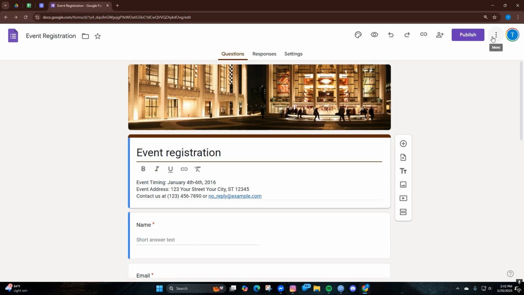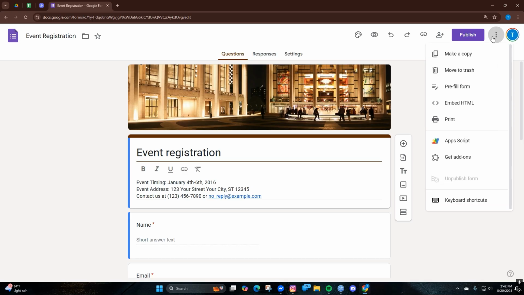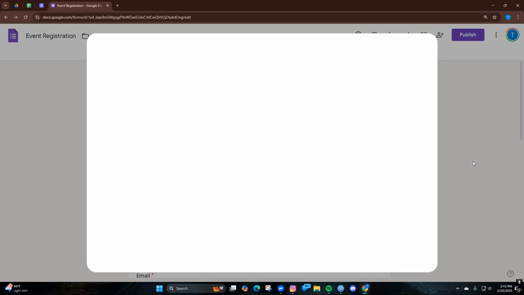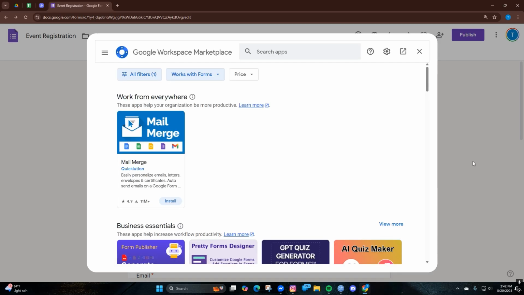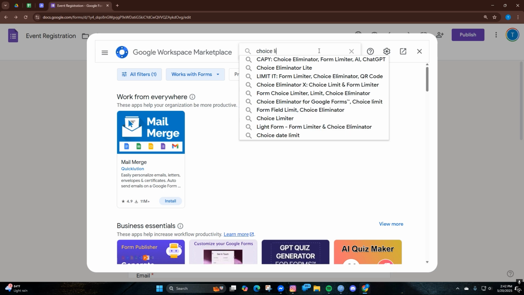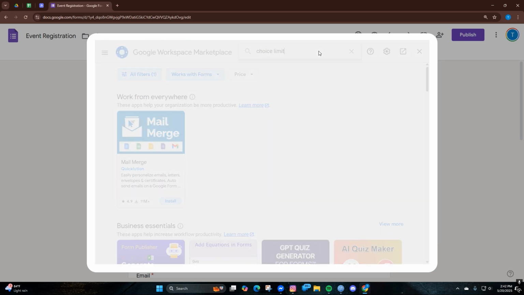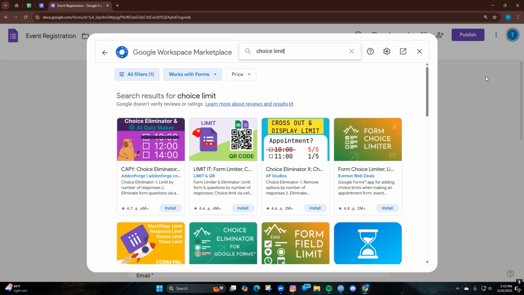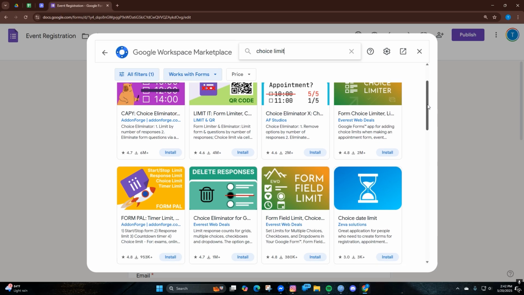And then we are going to select the three dots icon on the upper right corner of our screen, and it will give a drop down menu. From here, we are going to select Get Add-ons. And from here on we are going to search up choice limit, and then we are going to select the application Choice Eliminator,